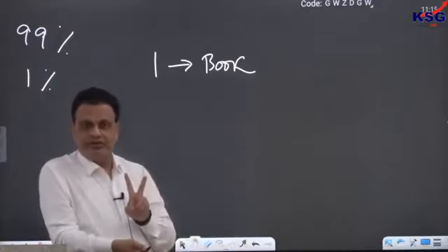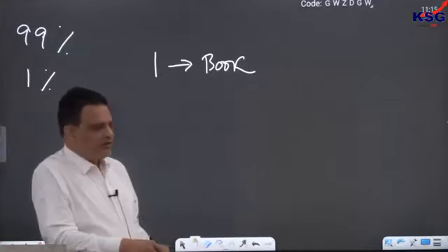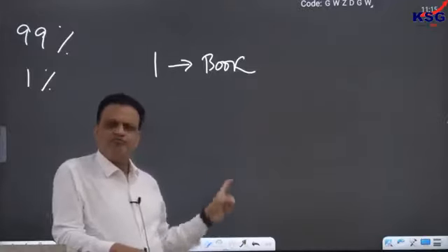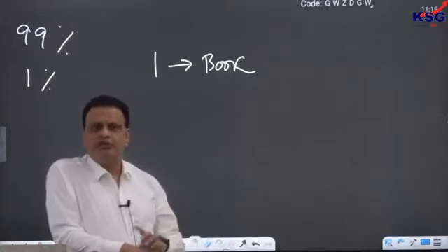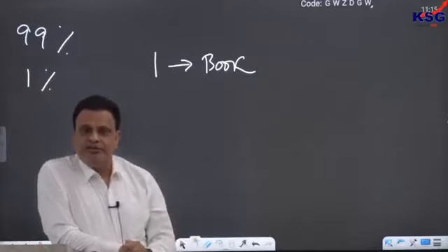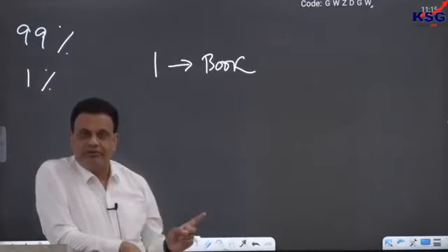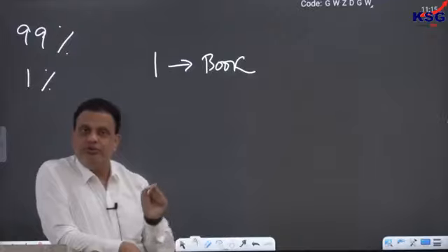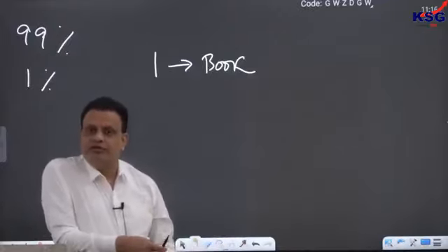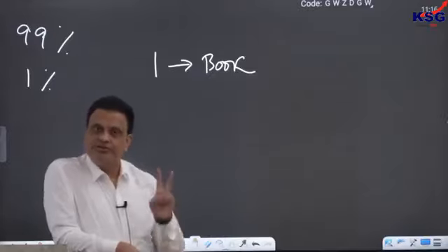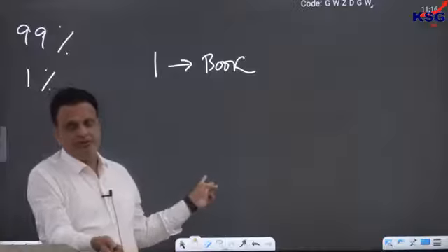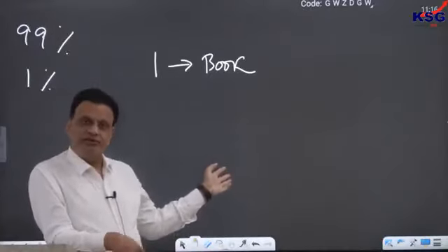You have a second liberty also. What is the second liberty? Suppose you are very much offended by this book, then you can write reviews against that book. You can tell people that this is such a bad book, and if the people agree with your review, your opinion, then nobody will read that book. That will automatically take the book out of the market. You don't have to ban it. So the second liberty is that you can write reviews against that book, tell others that this book is a bad book, and advertise against that book. That is what you can do.